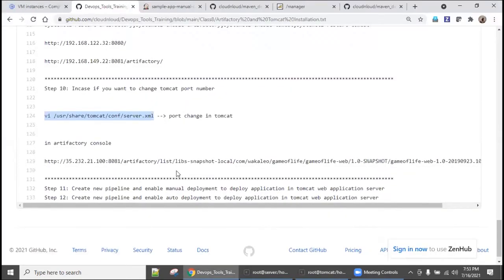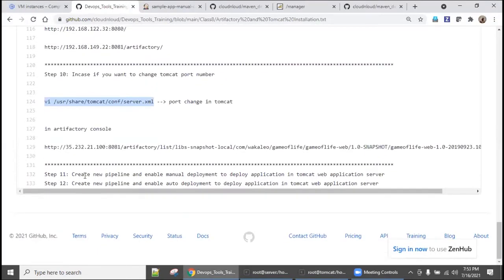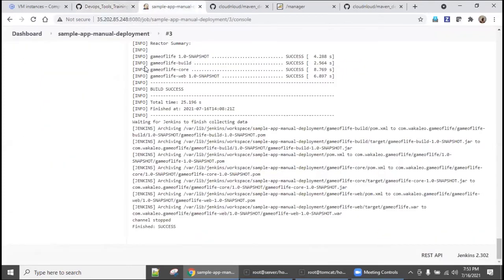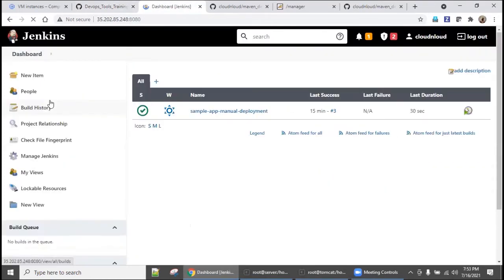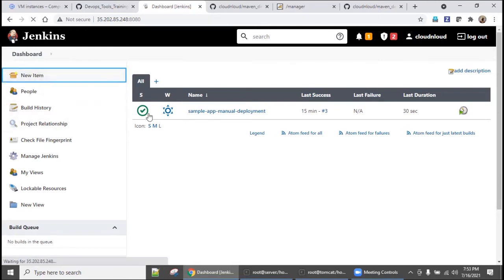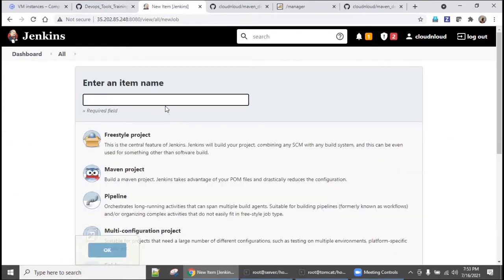And going further, okay, create a new pipeline. I don't want to disturb the existing pipeline, because the more you configure pipelines, the more confident you will be. So I'm going to New Item, say manual-deployment, Maven project, say okay.